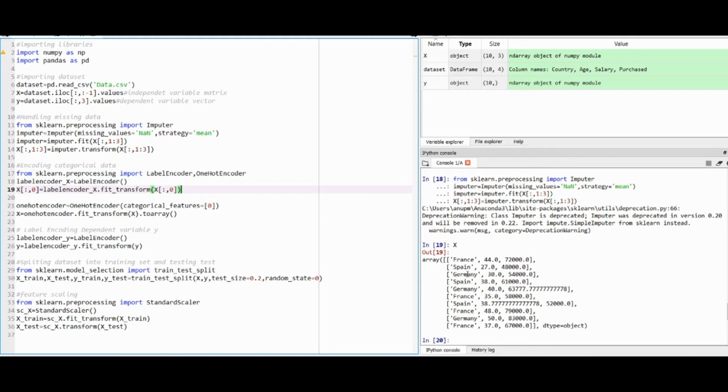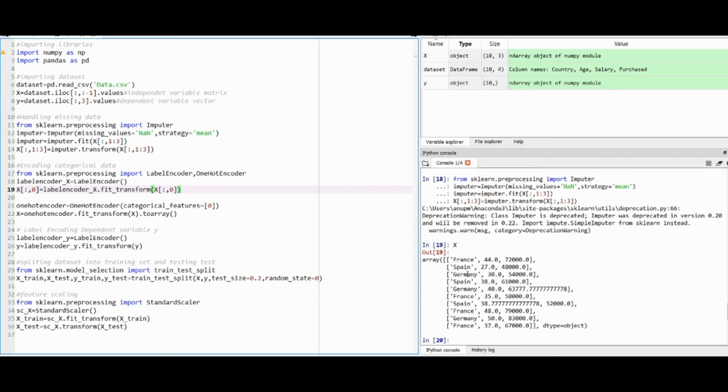For this we will again use the sklearn.preprocessing module. So from sklearn.preprocessing import LabelEncoder, OneHotEncoder. These two are classes. Now for the LabelEncoder class we will make the object labelencoder_X equal to LabelEncoder.